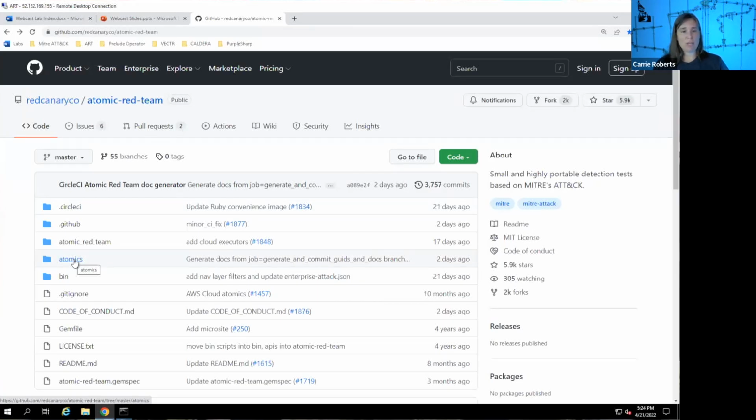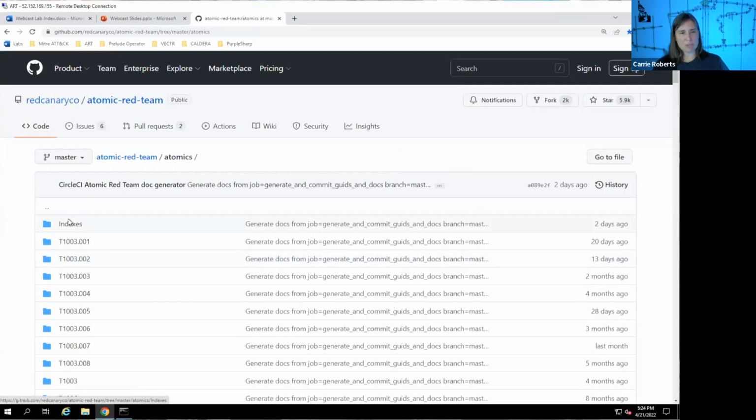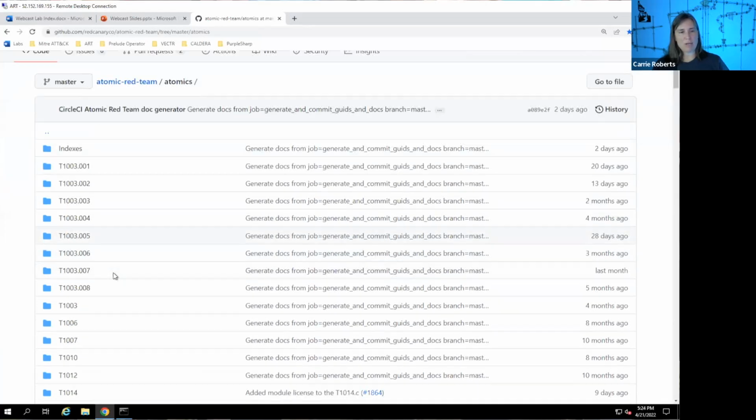You can ignore everything else. So you come into this project, you click the atomics folder, and with the exception of this index folder, everything is named after a MITRE technique number. So if you're wanting to emulate things that MITRE defines as technique 1003, which is credential dumping, subtechnique number 1, you could look in here for what procedures are in the Atomic Red Team library that you could emulate